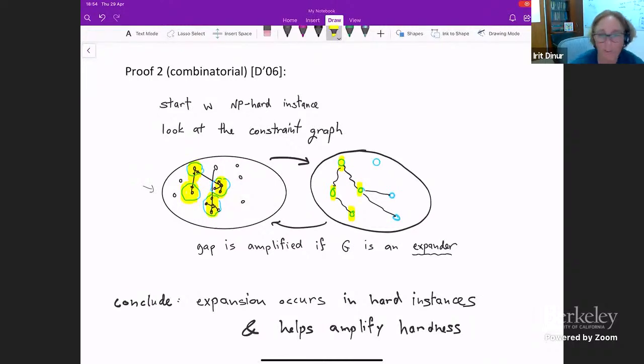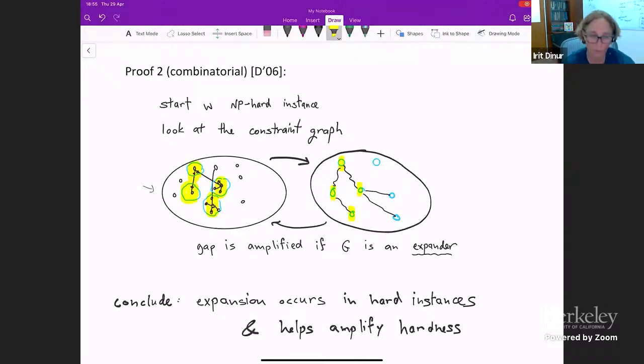So let me show you just in one slide where expansion appears there. It's somehow easier to see. So in that proof, you start out with an instance, and it's even more convenient, instead of thinking of 3-SAT, to think of coloring. So you start off with a graph that you know either it's perfectly colorable or not. In the case of not, it means that no matter how you color the vertices, there's going to be at least one edge that has the same color on both endpoints. And you slowly convert it into a different graph and then to a different graph, and repeat this until in the end you get a graph so that no matter how you color it, at least 1% of the edges will see the same color.